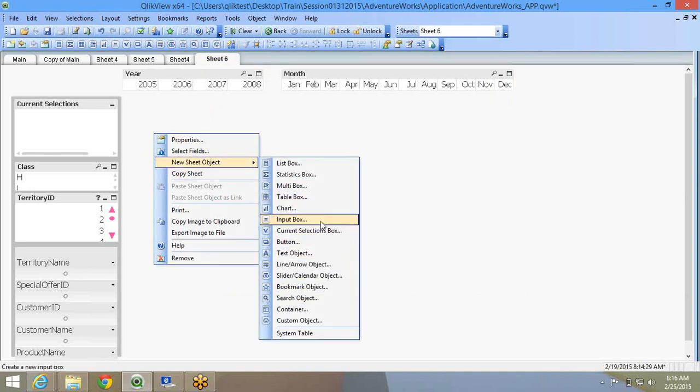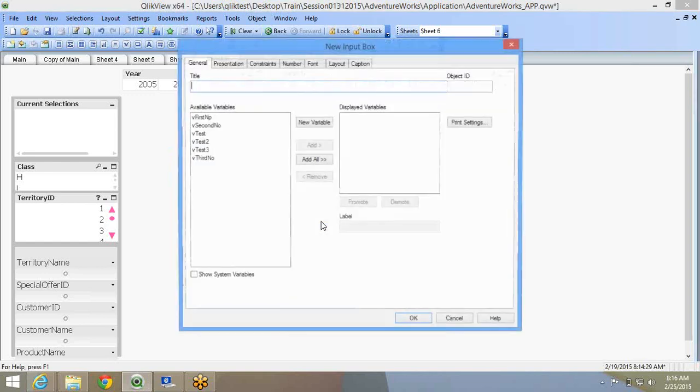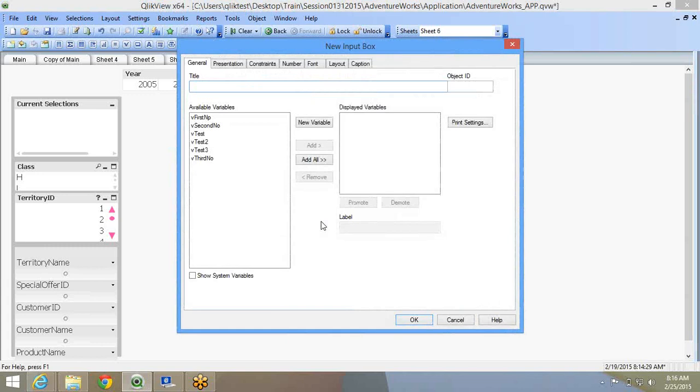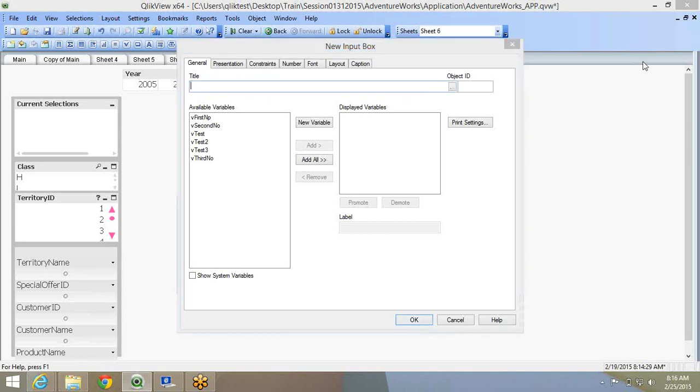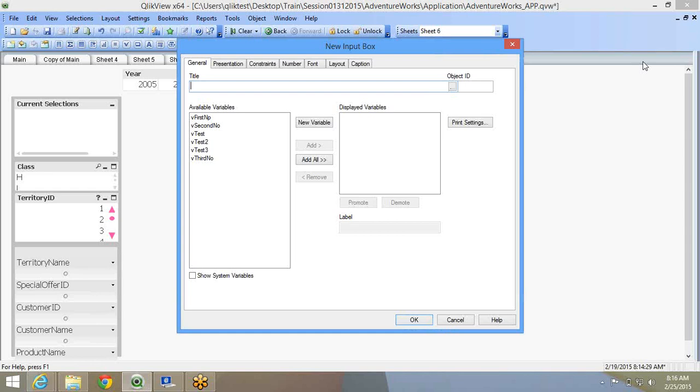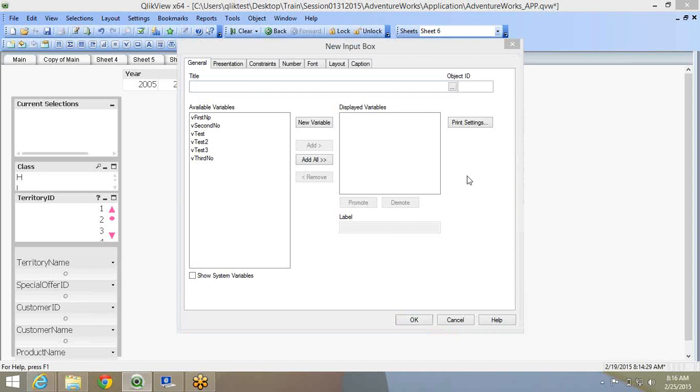Now QlikView is just a solution where people can read data from a database and present the reports as is. QlikView can't write back to the database, and you can't edit any data in QlikView. You can't do anything. But there is a small option in QlikView where the user can input something, and using that variable or value, you can manipulate a few calculations in QlikView. What are those? We'll see that. That is done through an input box.